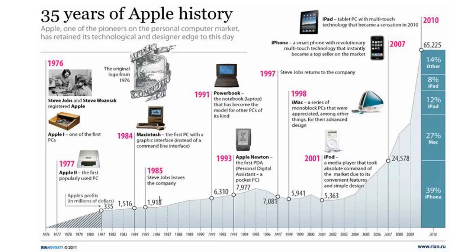Here is a timeline of Apple's history. And I couldn't find any timelines that showed what I'm talking about as far as the speed of innovation uplifting like that. But you can see it here in the product release of the Apple II in 77. And then the next big innovation was 84. And then 91 is the PowerBook. And then, yeah, the Newton, that bombed.